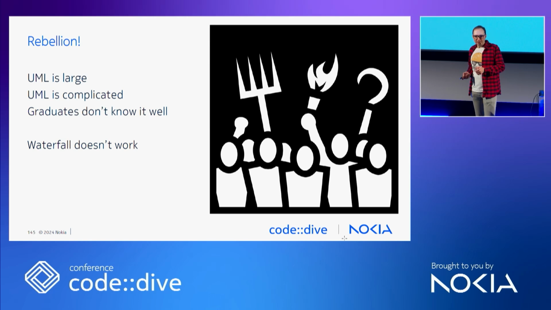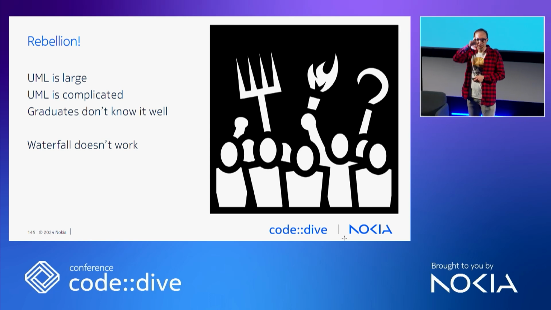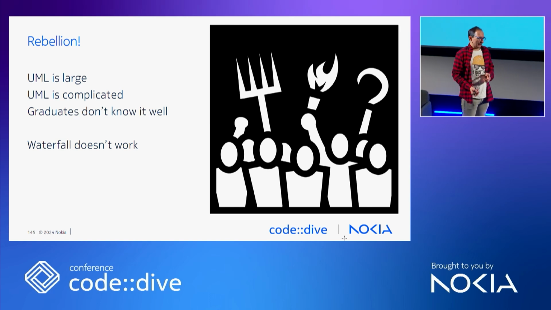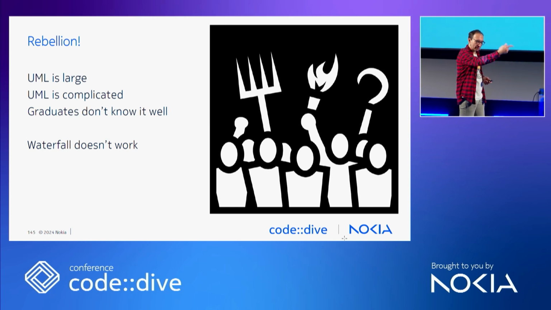People also realized back then that waterfall doesn't work. Waterfall was this funny way of doing software. You started with analysis of requirements, then you did a big upfront design in UML, of course. And after you had all the design work done, you started implementation. Yeah, this doesn't work because we found out that work on software is iterative. You have to come back to analysis, to design, implement, test, come back to the drawing board.